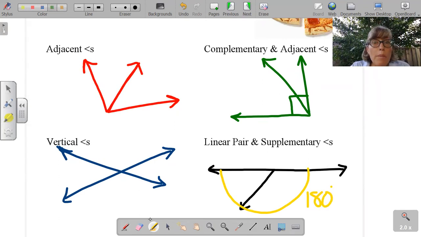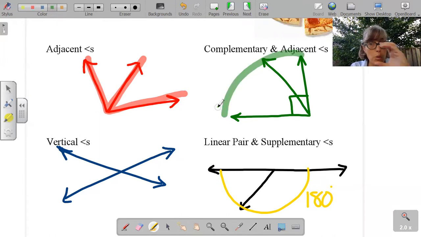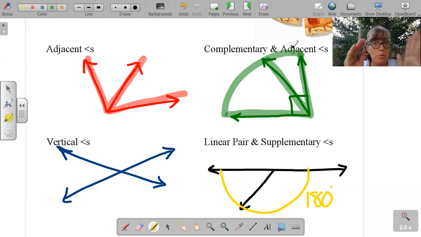First we talked about adjacent angles. Adjacent angles are any two angles that share a spine, any two angles that are back to back to each other. Complementary means adds up to 90 degrees. Two angles that add up to 90 degrees, which these two do, and they're adjacent in this case,